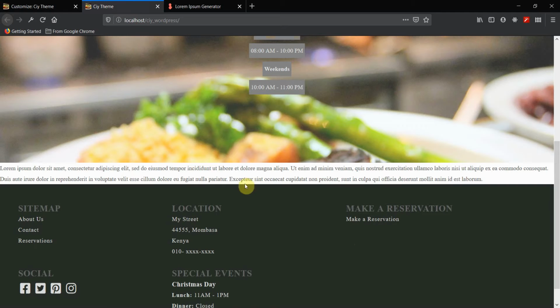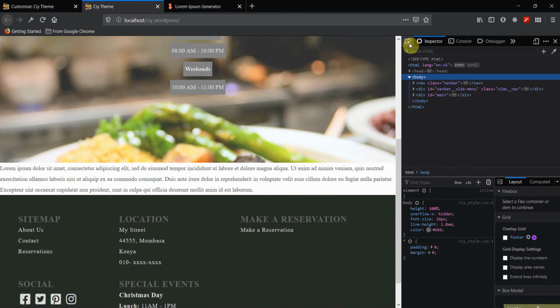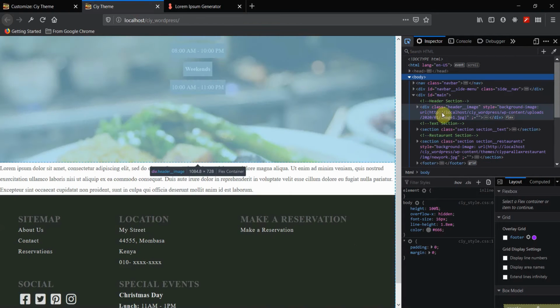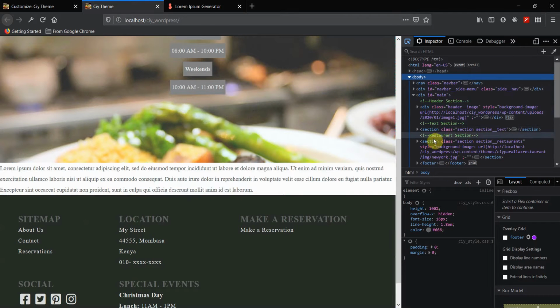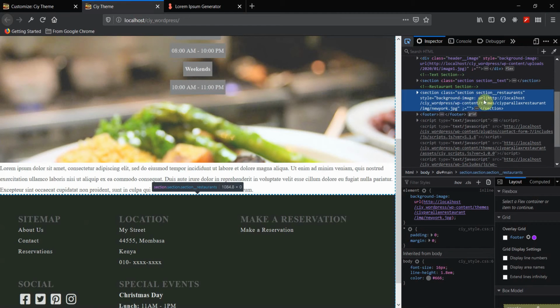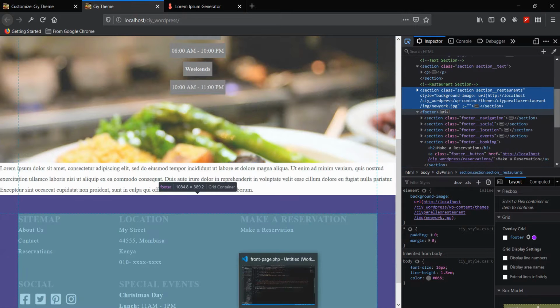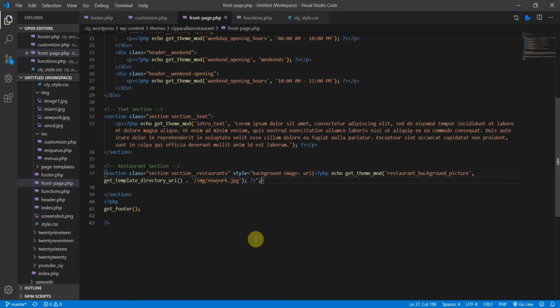Okay, right, so we can't see the image yet because we have to style it, but if we look at the inspector, let's see, we need section, restaurant section right there, and you can see the URL here. It takes us to the image, right? So it's there, it's just not visible because we haven't styled it yet. All right, so we will do that soon, but first, before we do that, let's add the other sections,